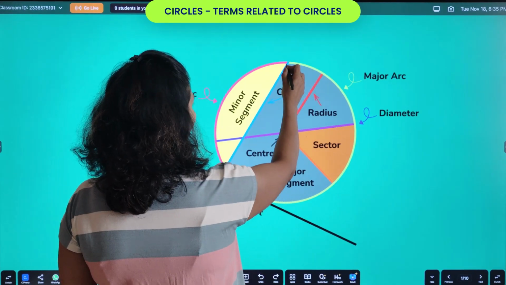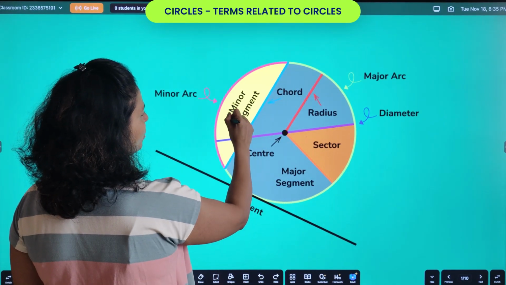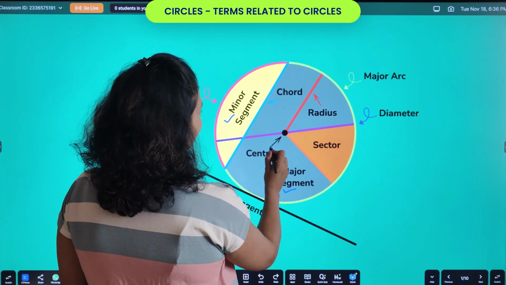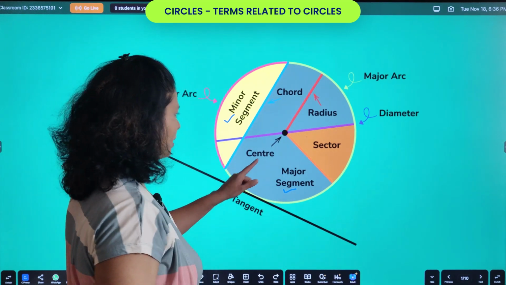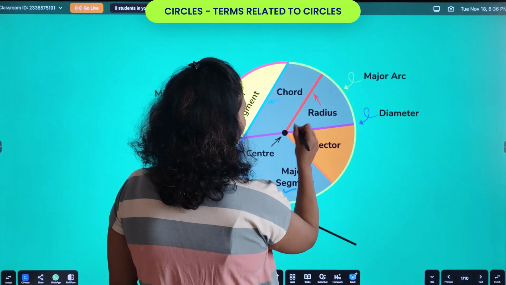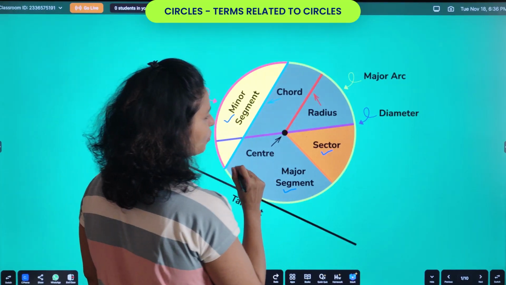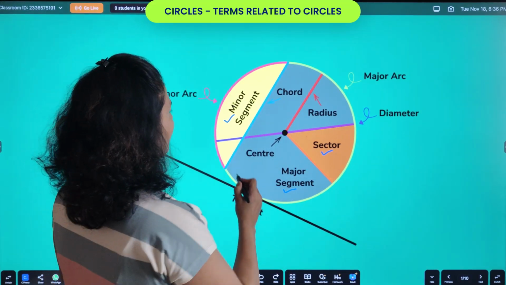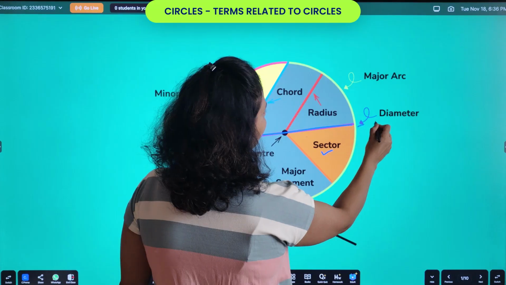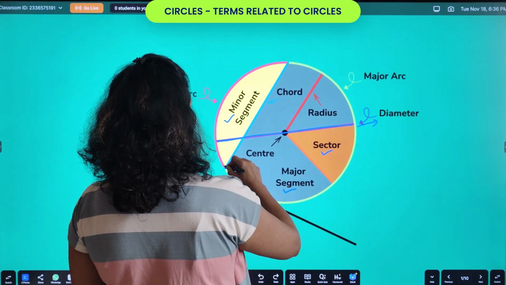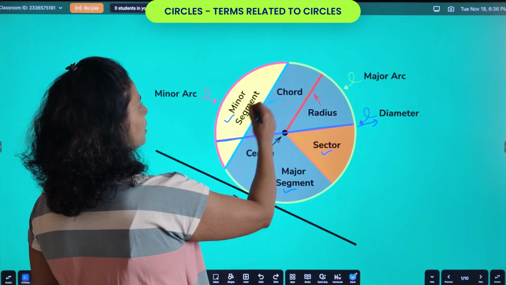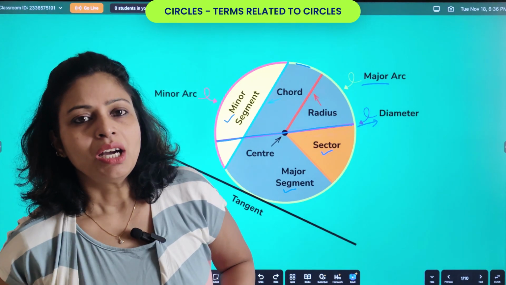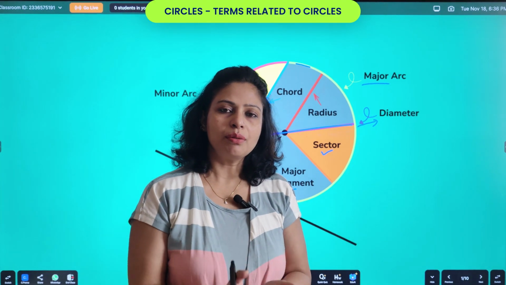See, this is the radius, they have given you chord. Chord is dividing the circle into the minor segment, and this grey color you have the major segment, right? And this is the center. Then you have a sector. Okay, this is the mustard color they have shown you as a sector. Okay, even you have a bigger sector also you can make. Okay, and this line is the diameter. Okay, this is the major arc. So this is the minor arc, the pink color which you see is a smaller arc, and this green color is the major arc. Okay, so hope you understood, you got some idea of certain terms,